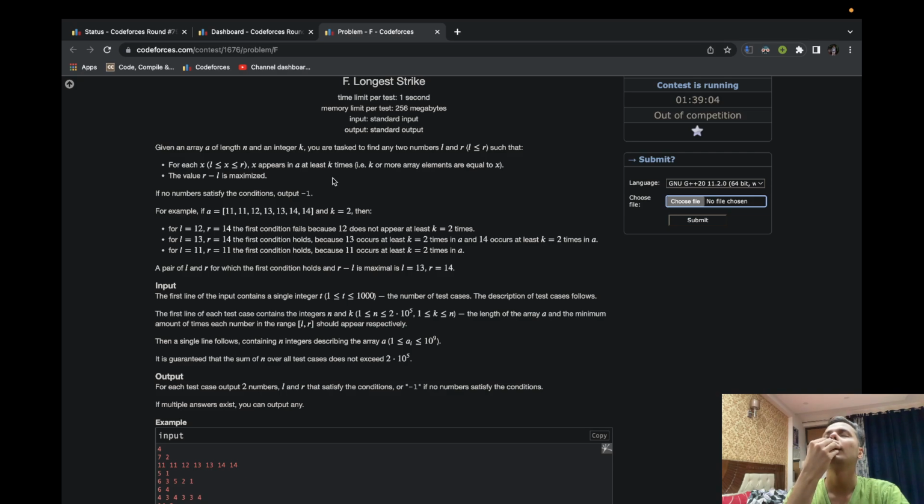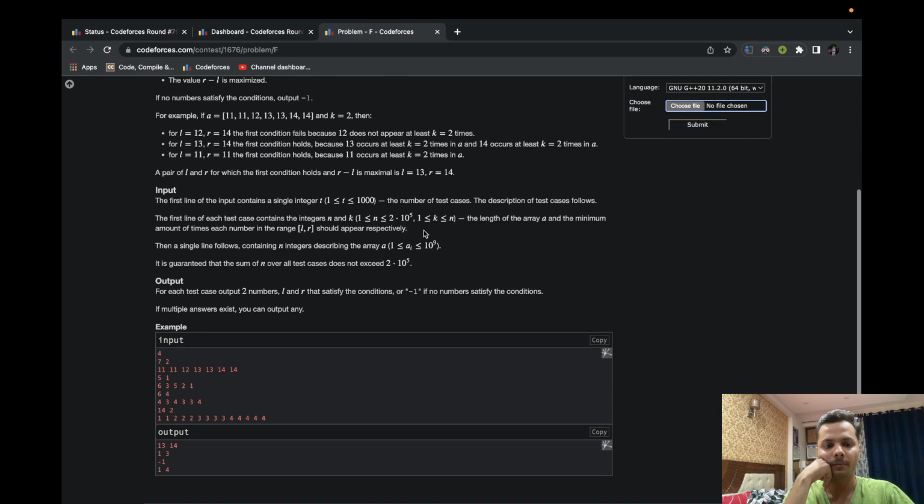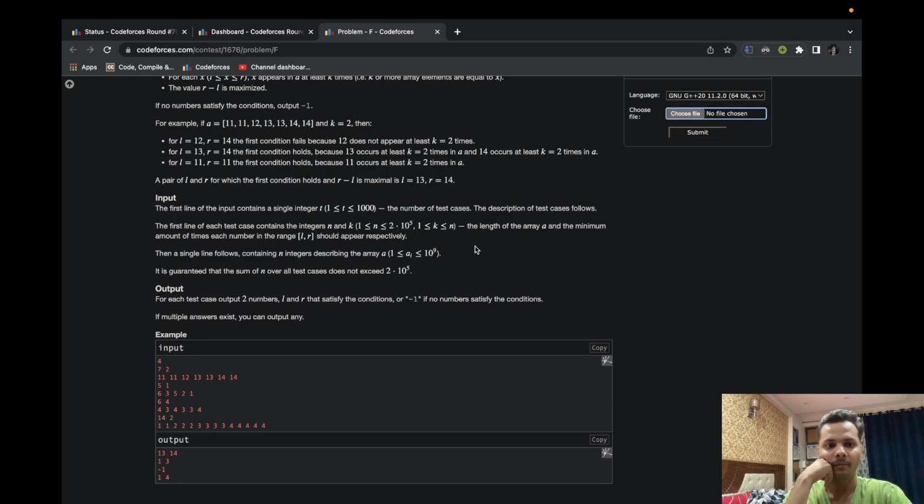So we need to find L and R, right? Such that every element which is present between L and R has a frequency at least k. I see. Okay, so maybe we can iterate on L and then try to find a plausible value of R. Or maybe not.